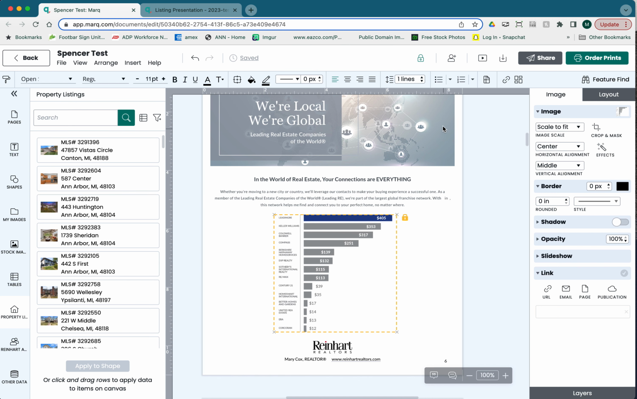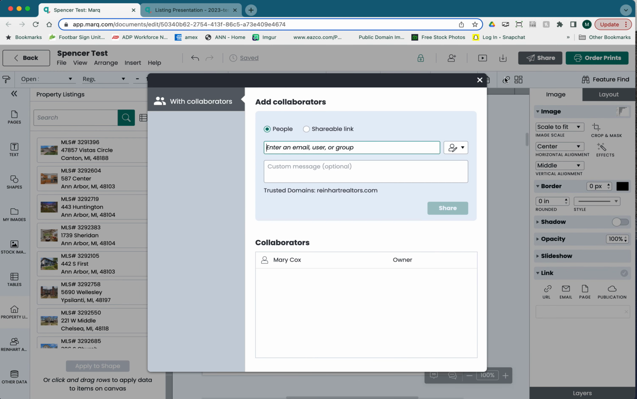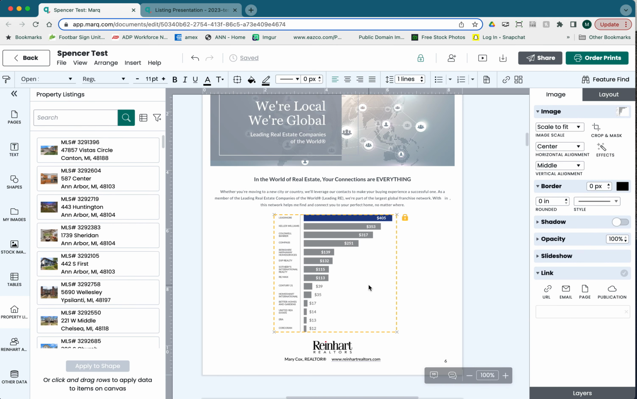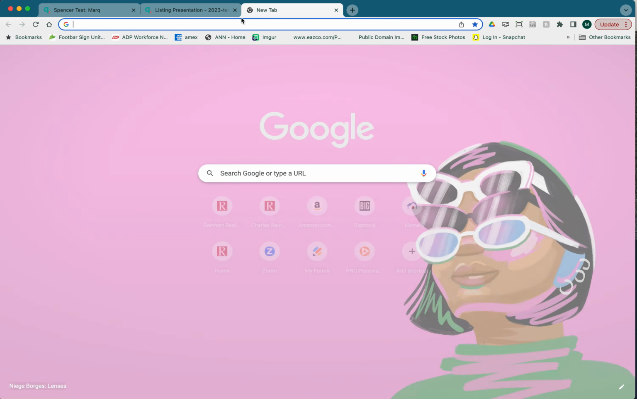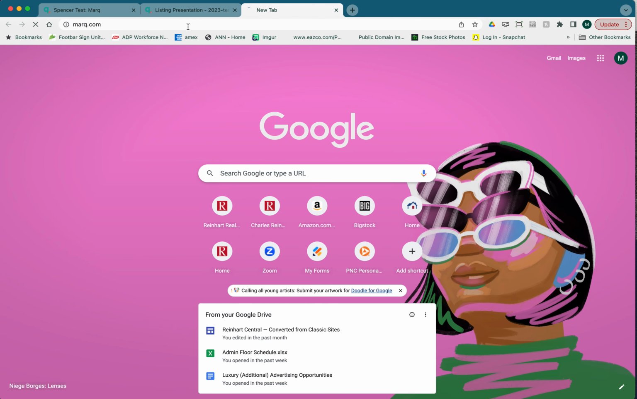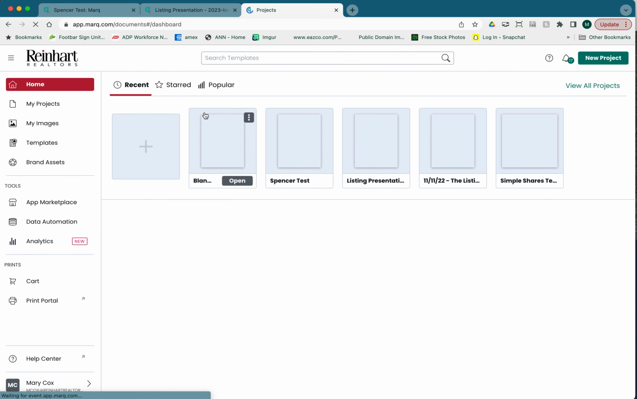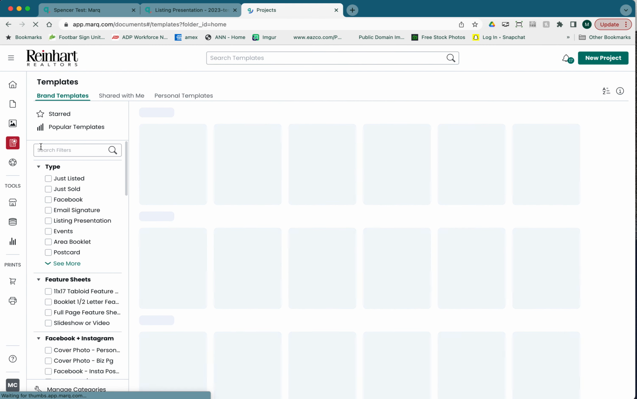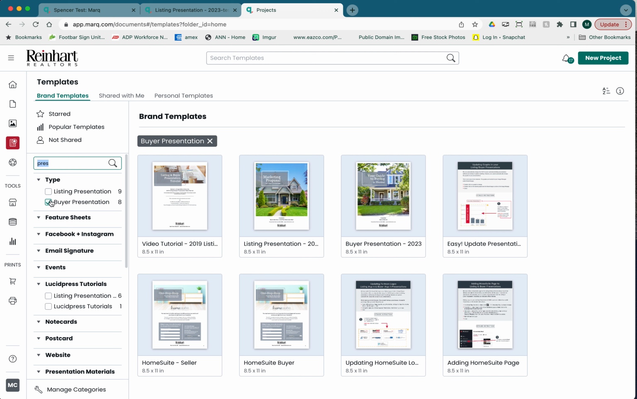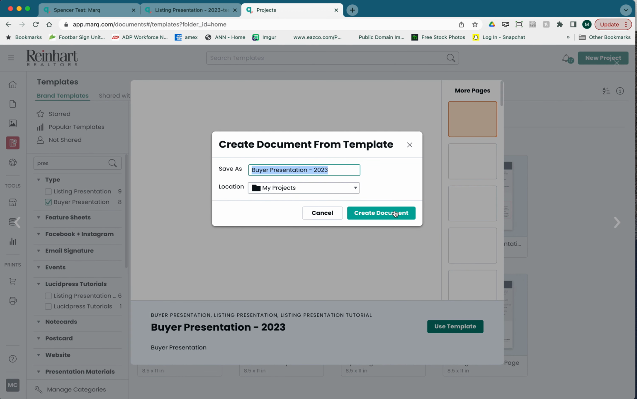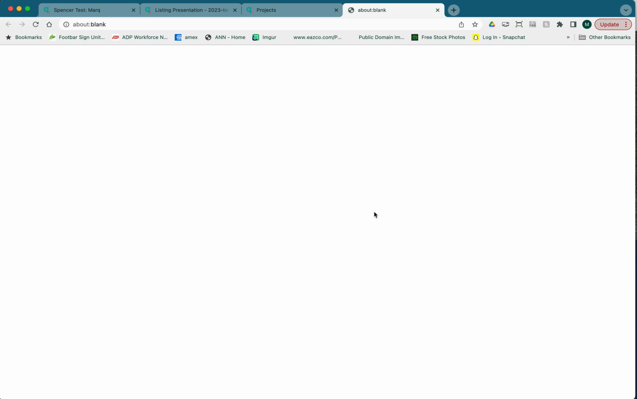So again, you can collaborate with admins and let us know that you'd like this page updated, or you can just copy this page from a new presentation. If you wanted to do that, you can just go to templates, filter by presentation, and I selected buyer presentation because that's the one I'm updating. And then you can just click on that presentation, use template, create document,